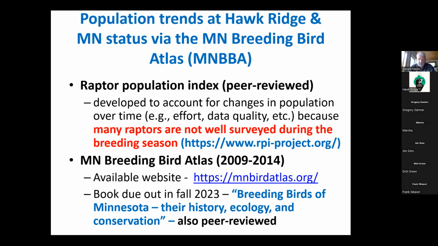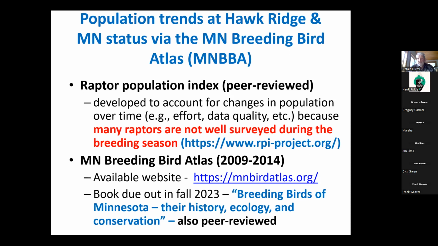But some clever scientists took that data over recent years and developed what's called the Raptor Population Index, a peer-reviewed study by ornithologists. It was developed to try to account for some of these populations at these migration counts over time by looking at effort, data quality, some weather-related effects, et cetera, in a very complicated statistical analysis, and developed this index